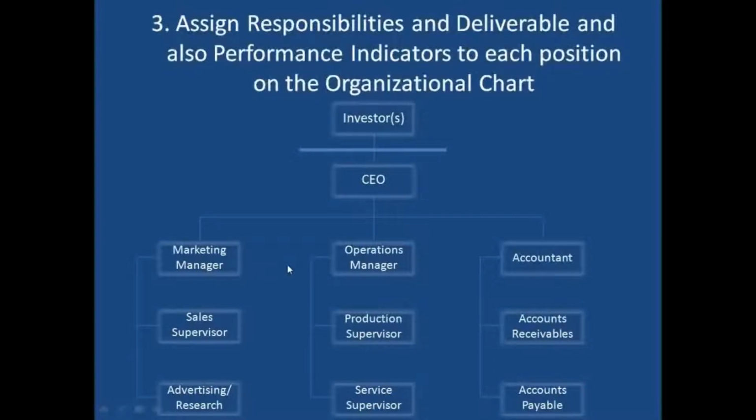And also the deliverables, what this position is supposed to deliver. And also you put a performance indicator. That is something you use to evaluate performance. For example, a performance indicator of a sales role would be that whoever is holding this role must sell 10 units of product X or service Y in a month. That's a performance indicator. So when I want to measure performance, I'll use that. Did you sell 10 units of this in a month?